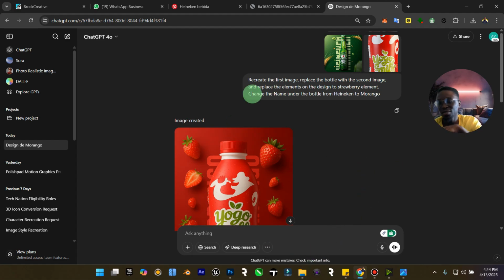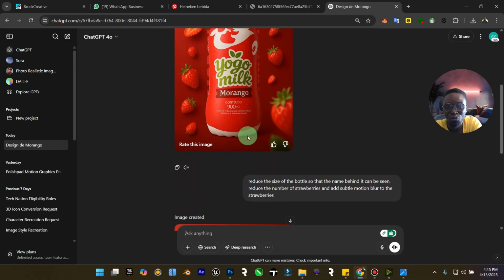So is this something you're going to be trying? What do you think about this particular feature of ChatGPT? I feel it's still in the beta phase, but I don't really think designers should use this, because it's going to make you quite lazy, right? You just pick any design online and recreate it in your own style. As much as AI makes things easy for you, you don't want to always take the easy route. You have to understand the basics and the principles of design and stuff like that.